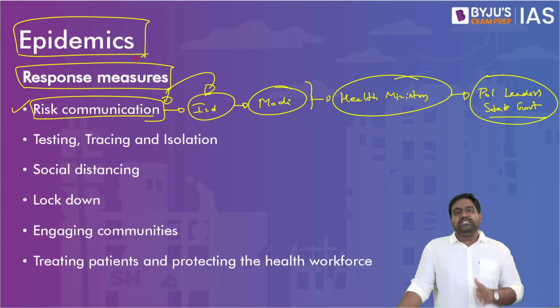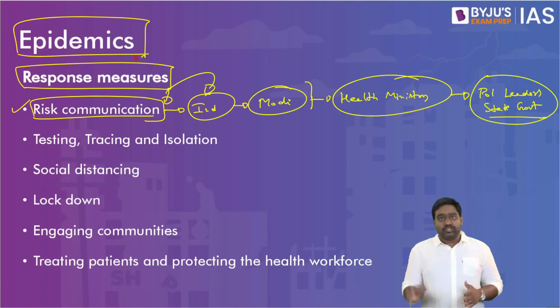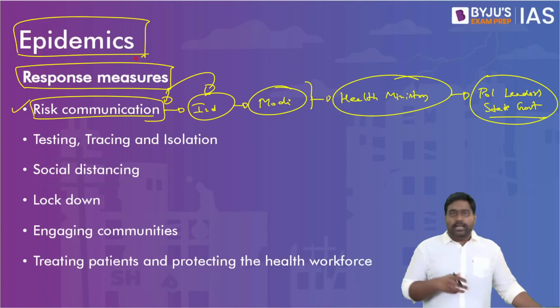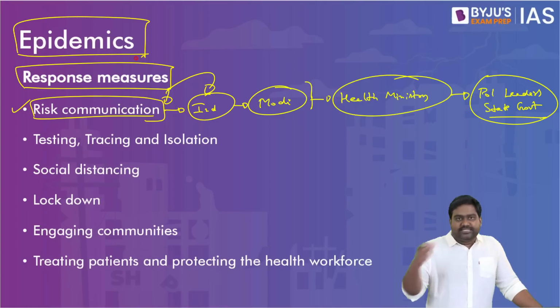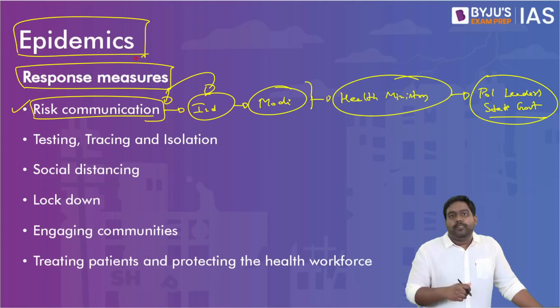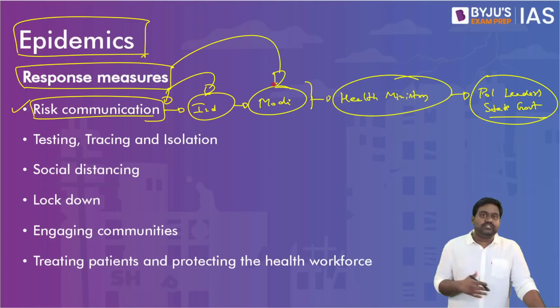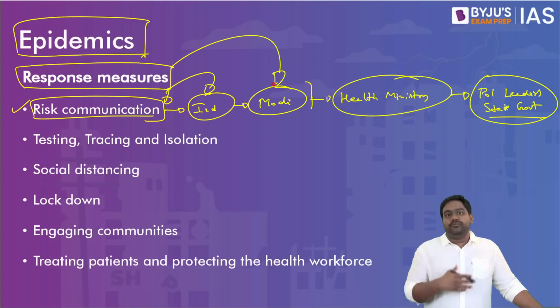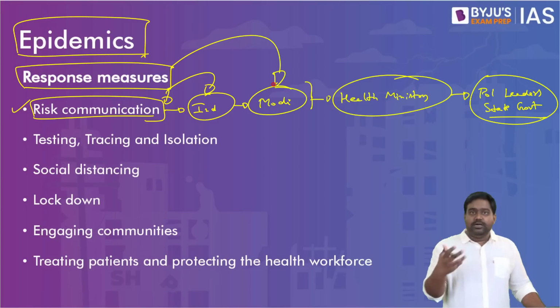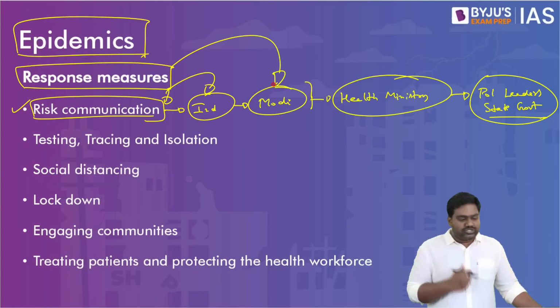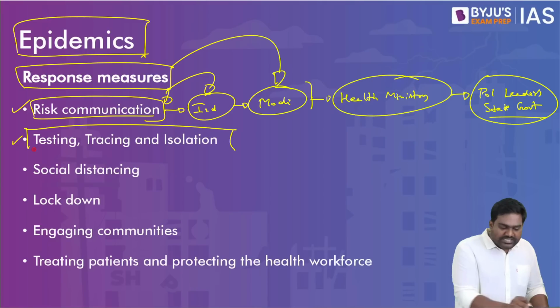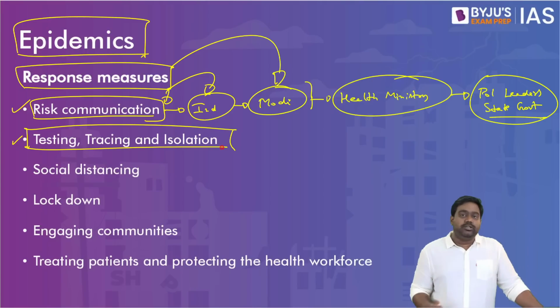Developed countries like the US took a devastating hit, much more than India. And a large part of the blame lies with leaders like Donald Trump. Same with Brazil, which took a massive hit. Of course, India also took a hit, but at least there was slightly better management on India's part due to the right communication from the government, from the administration officials, from political leaders. The right message was sent out, spreading the warnings, the risk associated with the disease. We scaled up our testing, tracing, isolation mechanisms,